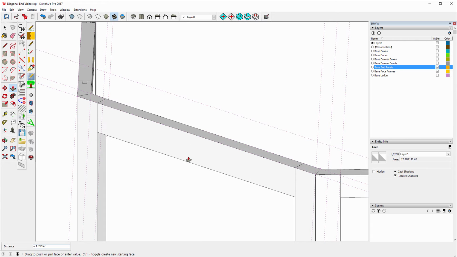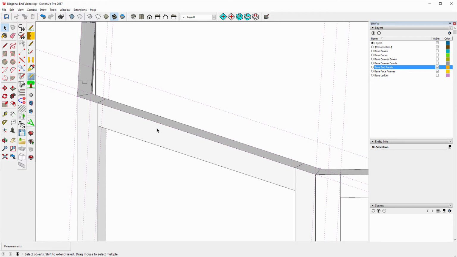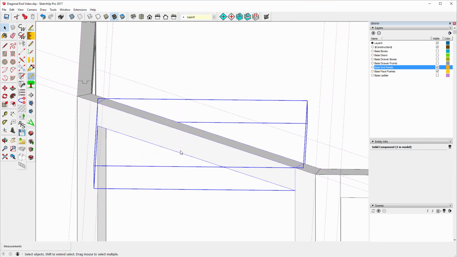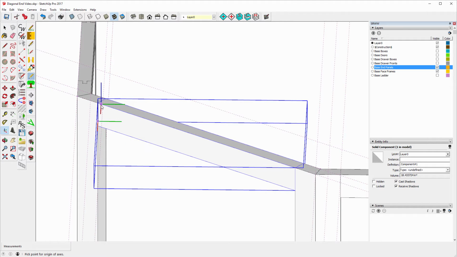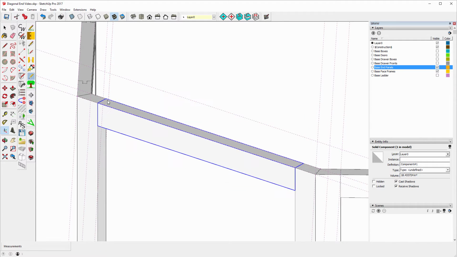I'm going to bring this down 1 1/2 inch. I'm going to make it a component. I don't care what the component name is. First thing I want to do is fix the axes, or the bounding box. That bounding box will not do us very well as far as the cut list is concerned. So I'll change the axes. I'll make it look like that. Okay, now I can use my rename tool,